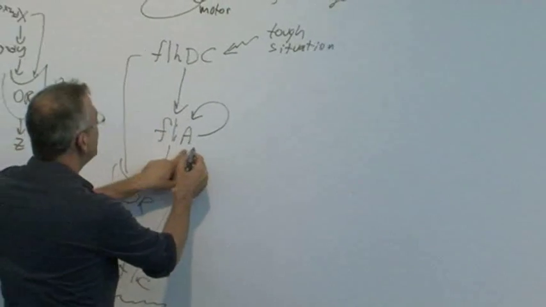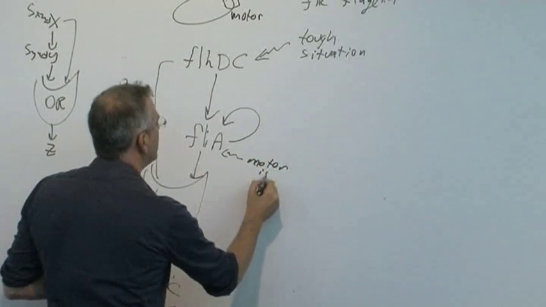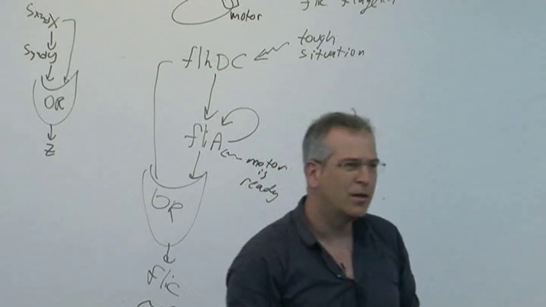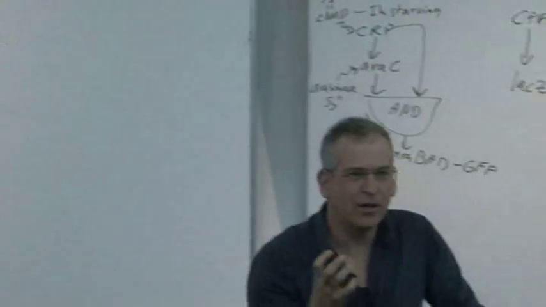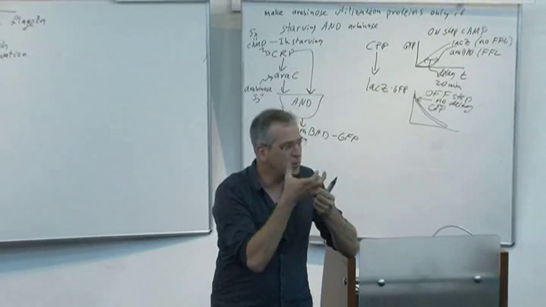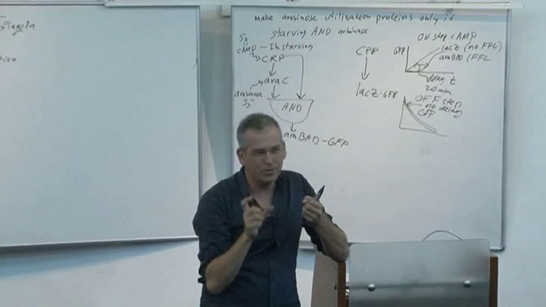By the way, the signal to FlhA is that the motor is ready. How does E. coli know that the motor is ready so that it can export the flagella? This is an amazing design. There's an inhibitor of FlhA that binds it and stops it from making a transcription factor. And it's built so that when the motor is ready, it's secreted out of the cell. So only when the motor is ready,